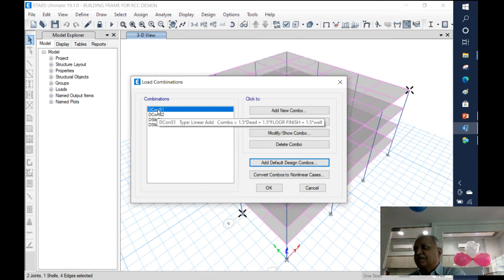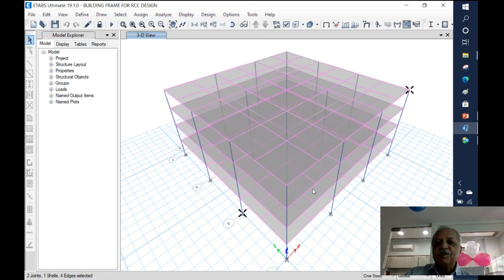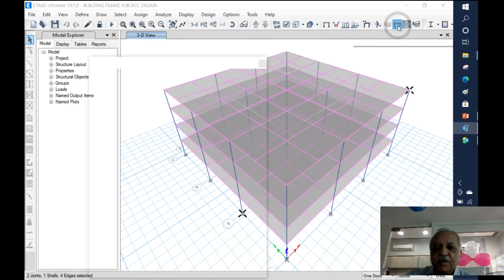With those loading cases, you have got some loading combinations depending upon the kind of design you are going to carry out. Having considered these loads, for design purposes there will be dead load plus live load, or dead load plus live load plus earthquake, and so on. All these loading combinations you have to consider, and then you are ready for analysis. These are all simple steps which you have been trained to use. So our structure is analyzed, and having analyzed the structure, I have got the detailed results available to me.